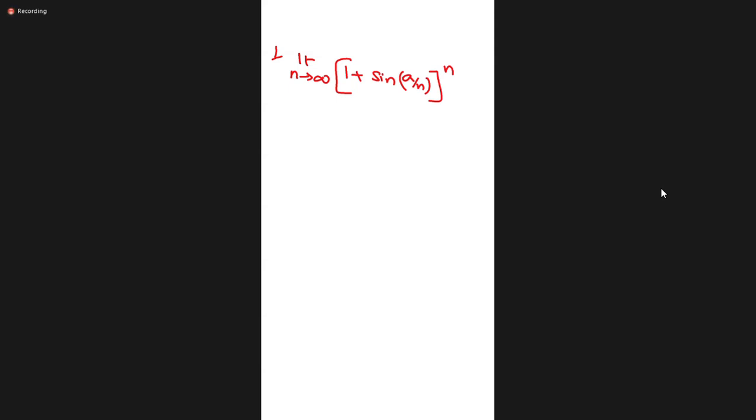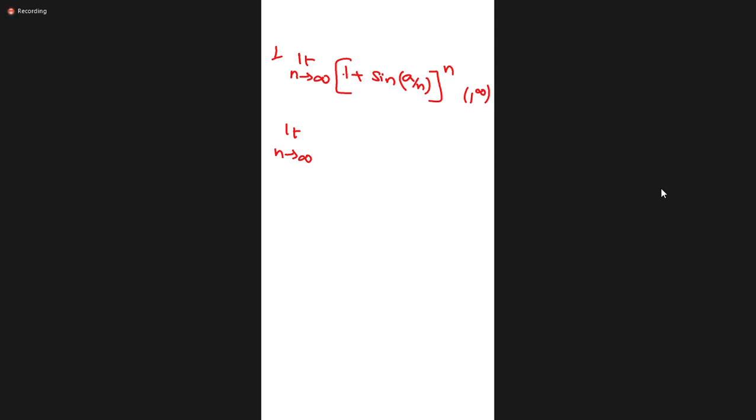If you write the n value inside the bracket straight away, what will you get? n is in the denominator inside the bracket, so a by infinity is 0. Sin 0 is 0. That means 1, and power n means infinity. So what form did you get? 1 power infinity. What did I tell you? Questions are always like f of x power g of x. So f of x means 1 plus sin a by n, g of x means n.